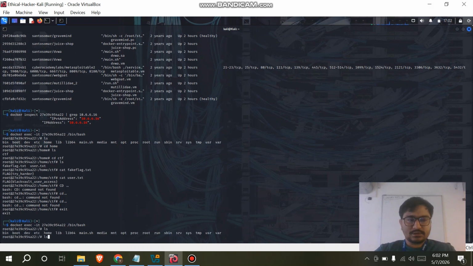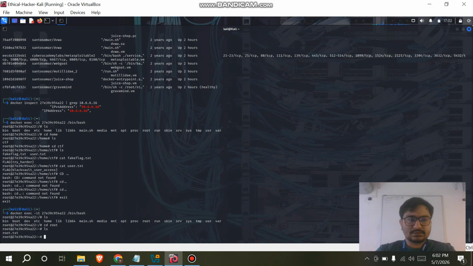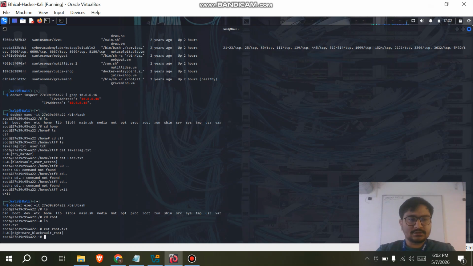Then I'm going to cd directly to root, find the root ls. I'm able to find root.txt, cat root.txt. Then it's nightmare black world root. Then I successfully found the root flag. Another method to find out